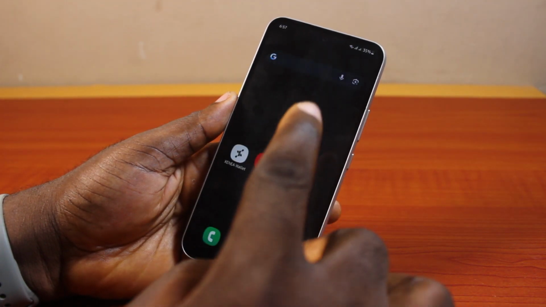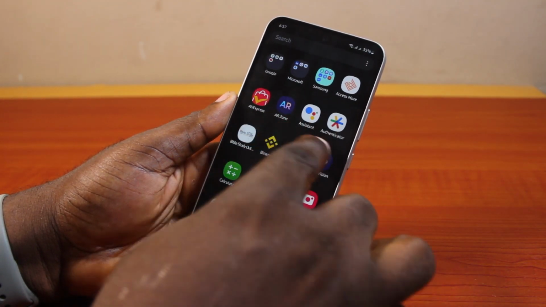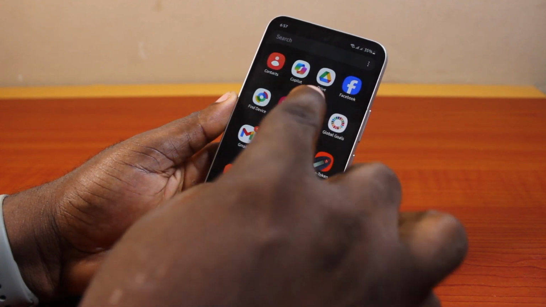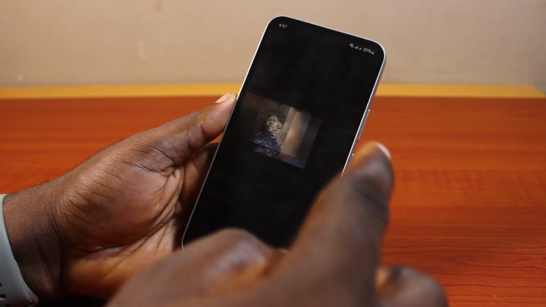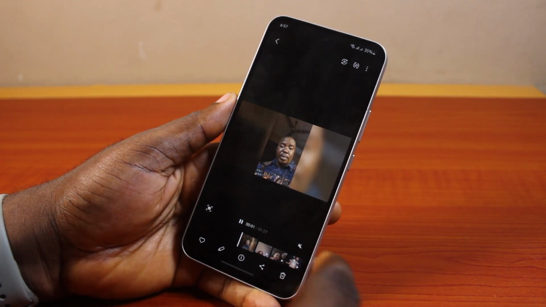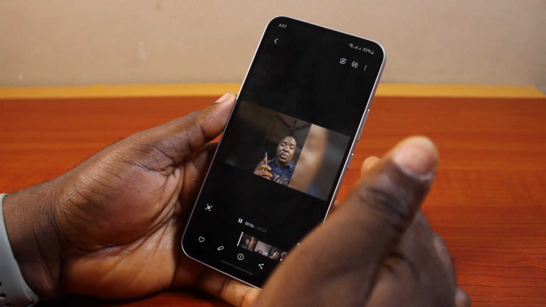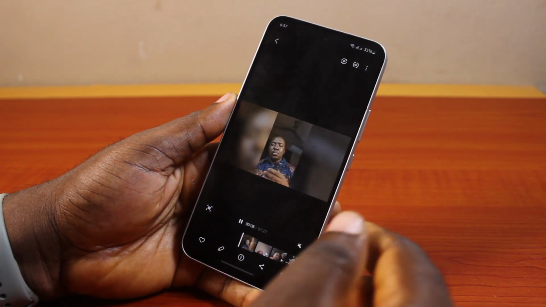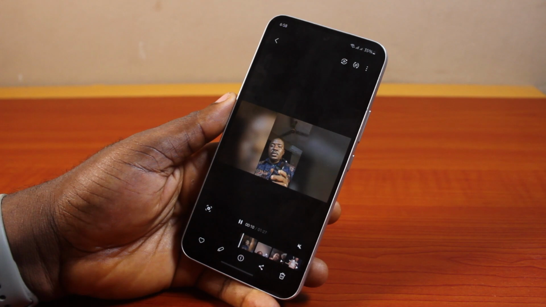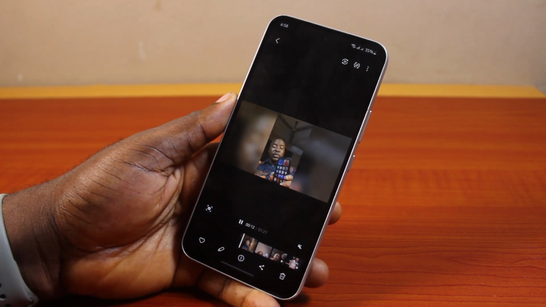Now, exit the Capcut page, open your gallery or search for it. On the gallery page, locate the video, then open it. Then go ahead and play it. This is what you're going to have. You see that? Instead of having a portrait video or vertical video, you're going to have a horizontal video like this. So that is basically how to make